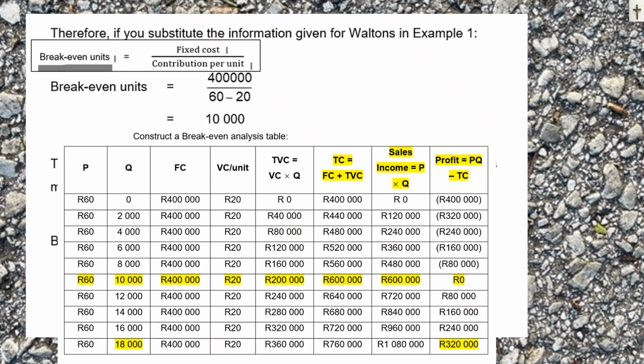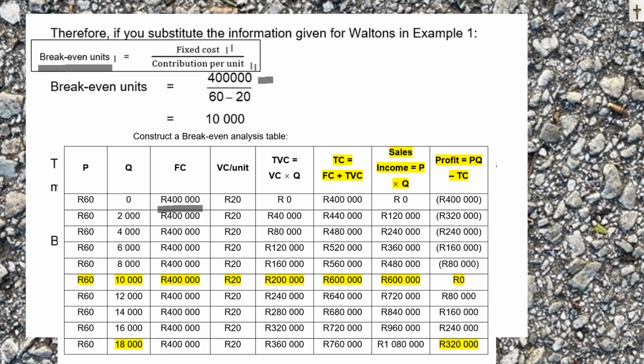Now if we look at our table with the lever arch files, there's the fixed cost, 400,000, there it is. The break-even units that we need to sell is fixed cost divided by contribution per unit, and the contribution per unit is